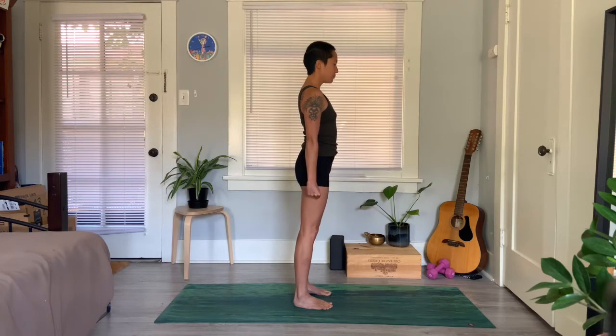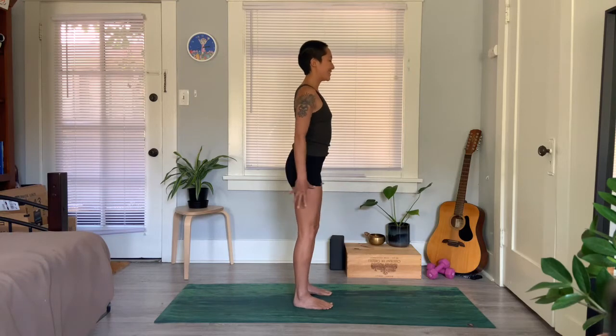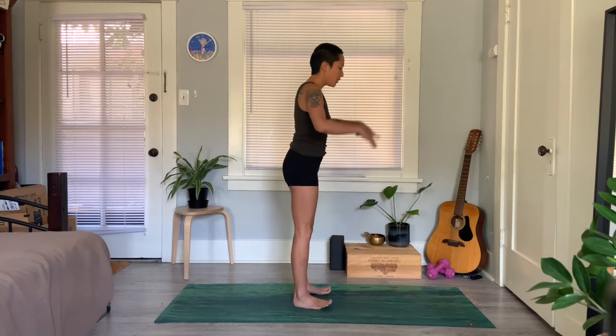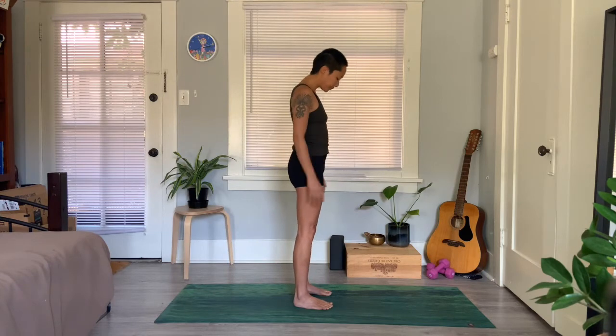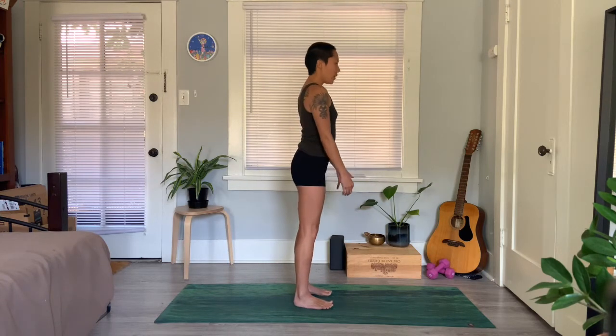Gaze forward and take a moment to relax. Okay, feeling the difference between relaxing muscles and irradiating, kind of tensing and bracing. All right, so we're going to move on now to